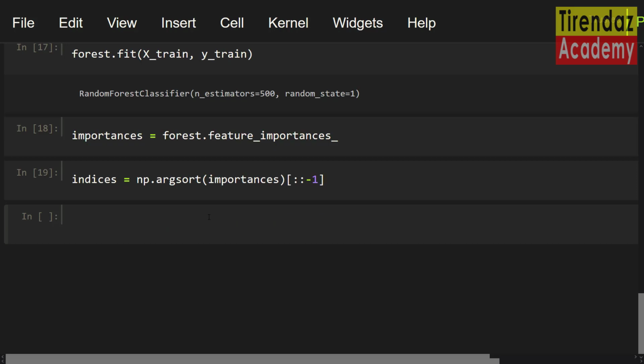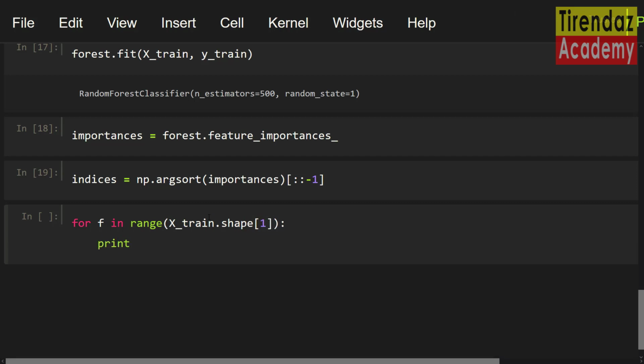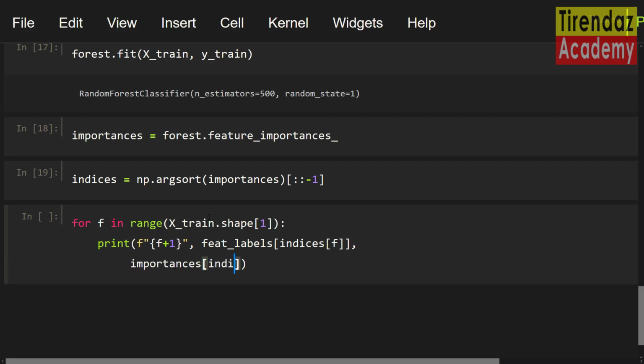Now let's see the importance of the features. I'm gonna use a for loop for this. For f in range(X_train.shape[1]): print an f-string. Let me set curly brackets f plus 1, comma, feat_labels[indices[f]], comma, importances[indices[f]].